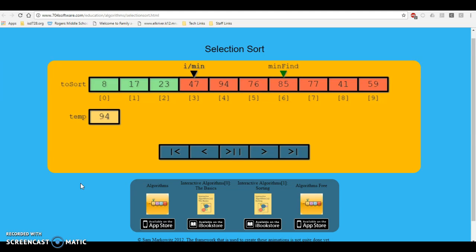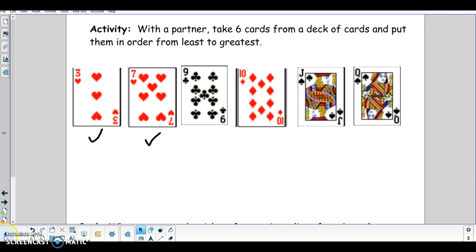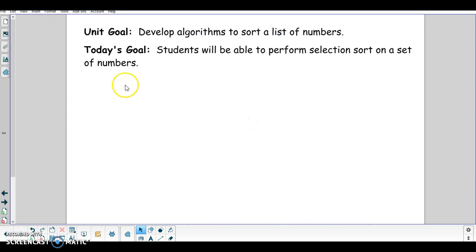Just kind of observed them while they were doing that. And I felt like at this part of the lesson, for the most part, students met the objective of being able to perform selection sort. A decent percentage of them could perform it on a set of numbers. To make sure that everything was okay, I gave them a worksheet for homework for the night,